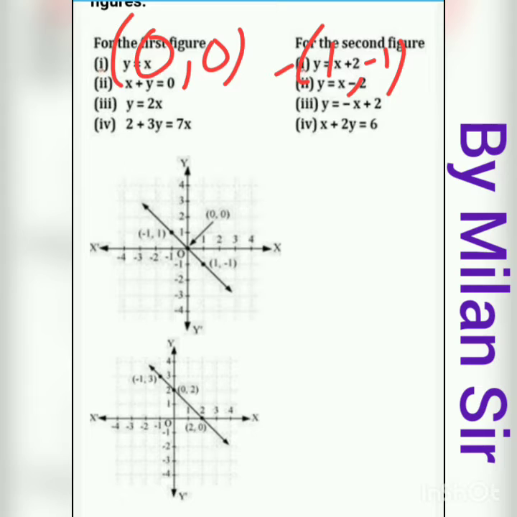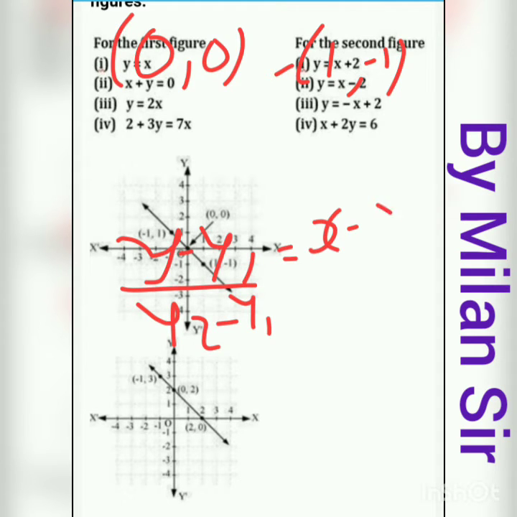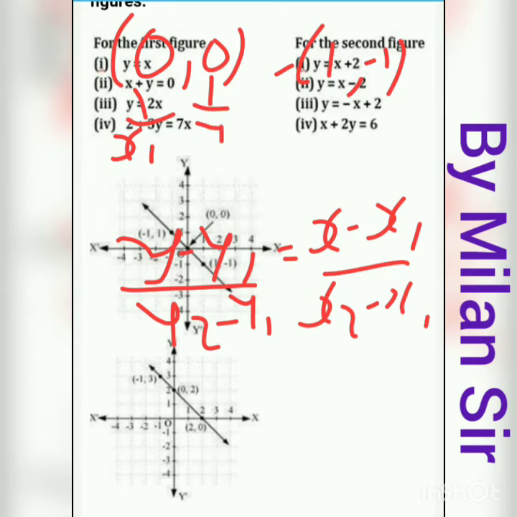Okay, now one formula is there. If we have 2 points, we can directly find the equation by using that formula. Okay, that formula is y minus y1 divided by y2 minus y1 is equal to x minus x1 divided by x2 minus x1. Okay, now we have 2 points, right? So first it is x1, here y1, here x2, this is y2. Okay, so the first point is x1 y1, and for the second point x2 y2.